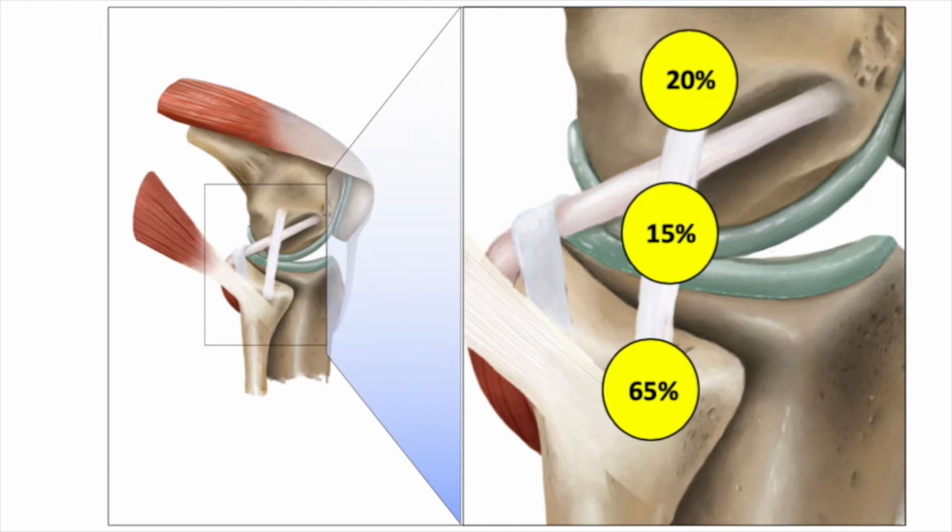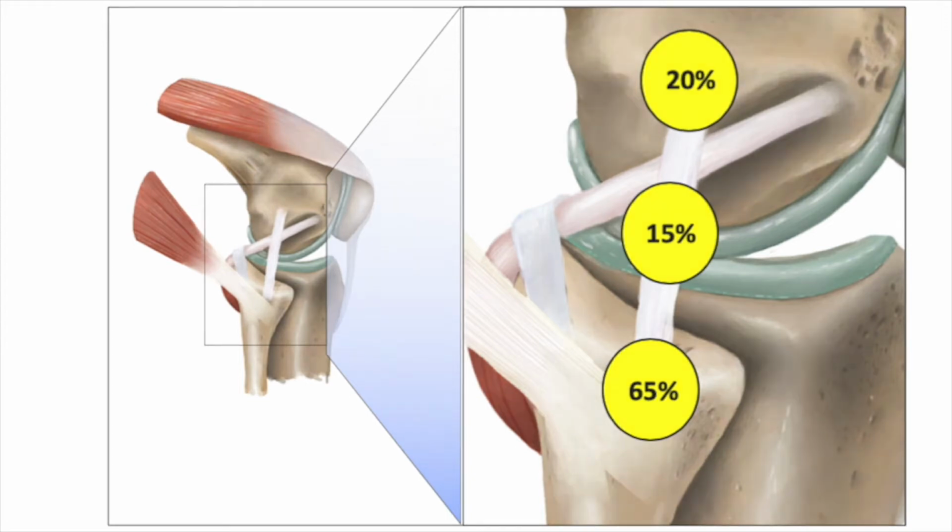Of the 74 patients with a posterolateral corner injury, 96% had injury to the lateral collateral ligament. Three distinct patterns of injury were observed based upon location of injury to the LCL, which was predictive of peroneal nerve injury. Distal LCL fibrillar avulsion was the most common injury, seen in 65% of the LCL injuries. Proximal avulsion was seen in 20% of the LCL injuries, and mid-substance tears were seen in only 15% of the